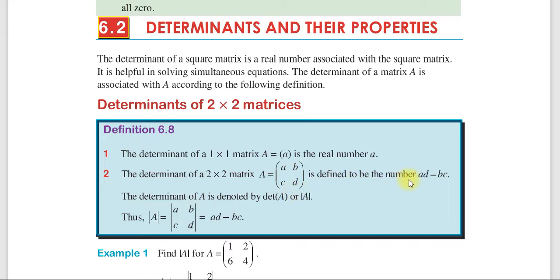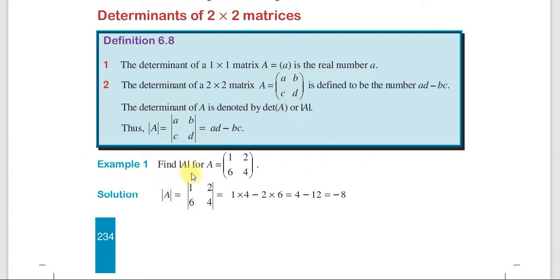is defined by the number AD minus BC ብለን ነው የምንሰራው። ያ ማለት A times D minus C times B አድርገን ዲተርሚናንቱን መፈለግ እንችላለን ማለት ነው። So the determinant of A is denoted by det A or the magnitude of A ብለን እንሰራለን። That is, the magnitude of A, which is equal to |A B; C D|, ብለን ማግኒቱድ ውስጥ አስገብተን ስንሰራ A times D minus C times B አድርገን እንሰራለን ማለት ነው። ለምሳሌ find the magnitude of A or the determinant of A ማለት ነው for A which is equal to [1 2; 6 4]. ስለዚህ እንዴት ነው የምንሰራው? 1 times 4 minus 6 times 2 አድርገን እንሰራለን ማለት ነው። ስለዚህ 2 by 2 ማትሪክስን በቀላሉ ነው መስራት የምንችለው ማለት ነው ጋይስ።